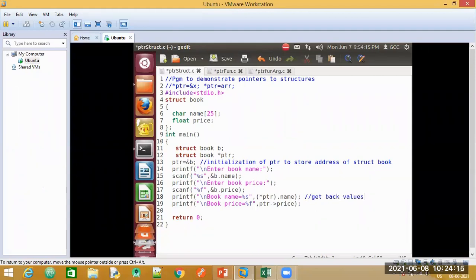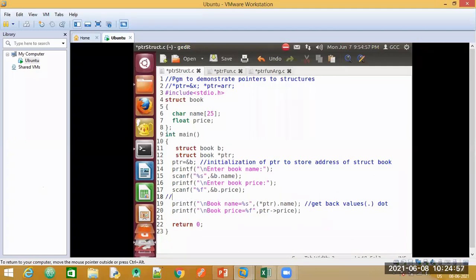Here I'm trying to get back the values. So for that, no, we make use of this dot operator. Remember the dot operator. For structures, you have to make use of this dot operator. Now there are two ways. How can you get the values that you have stored in your structure? One method is making use of the pointer variable. In the brackets, you need to give your pointer variable name. So tell me, what is your pointer variable name here? Have a look here. By which variable name have we declared? By star PTR. So we give star PTR. With the dot operator, you need to access the variable name.